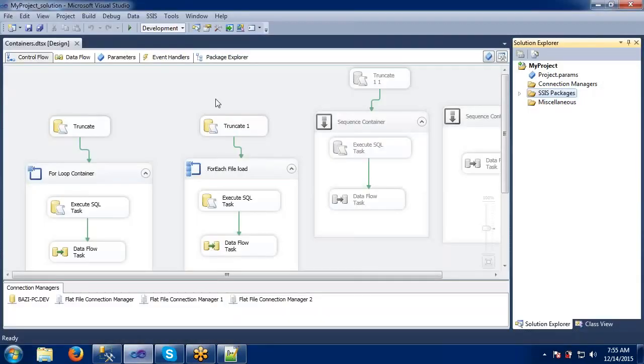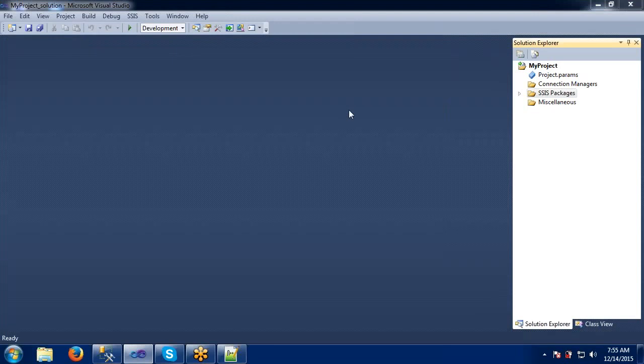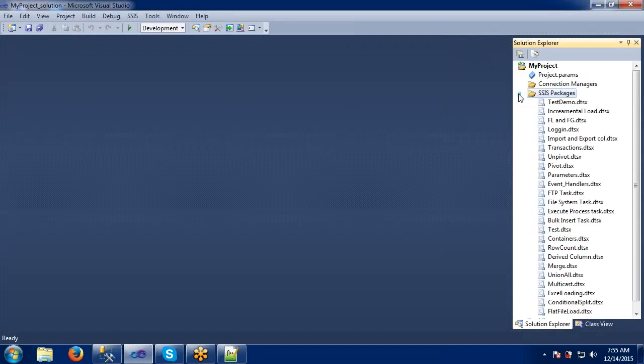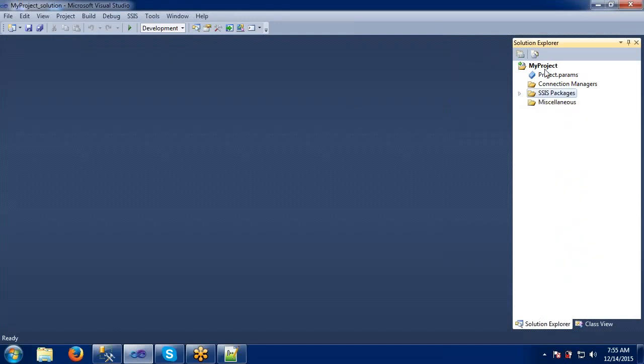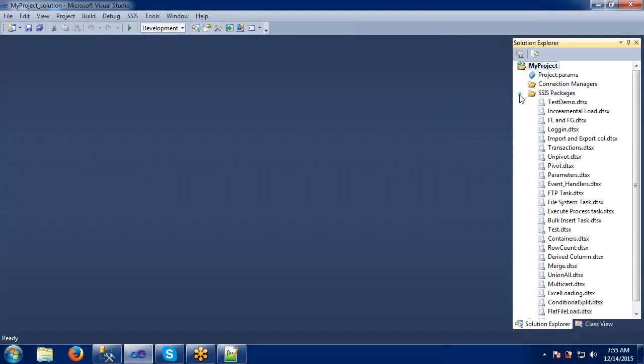So the same tool, Visual Studio SSDT. We have so many options here to open the SSRS. Okay, let me explain one by one. I think this package is done, right? We are done with this. So this is the SSIS package. If you remember, this is my solution, this is my project. In this, I have the SSIS.